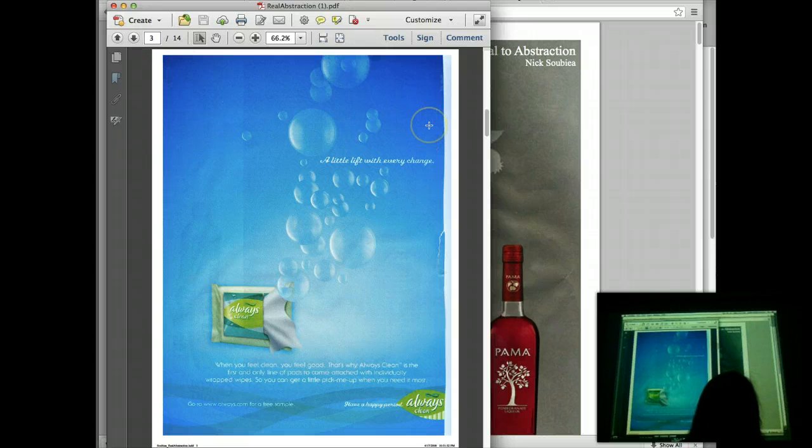Here's the bubbles. If you squint your eyes, the truth is you don't see these bubbles at all. If you squint your eyes, all you really see is blue, and then you see a rectangle at the bottom that has a rough edge and an oval where the logo goes. The type disappears. You're not going to include type at all. And you might just have little highlight edges of the bubbles as what you see. Are you following me?